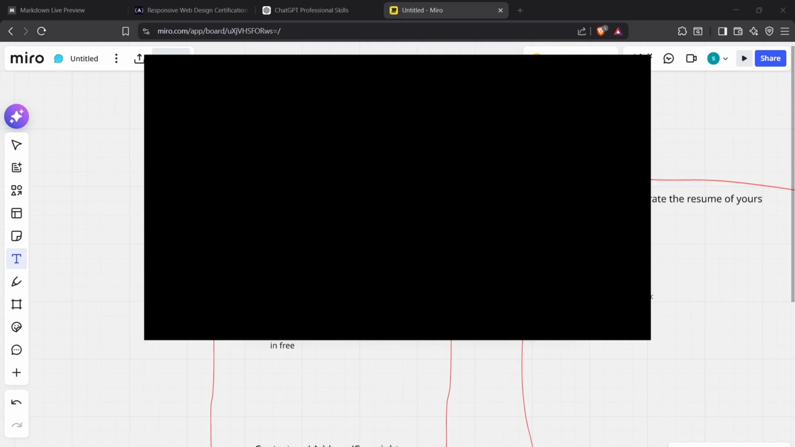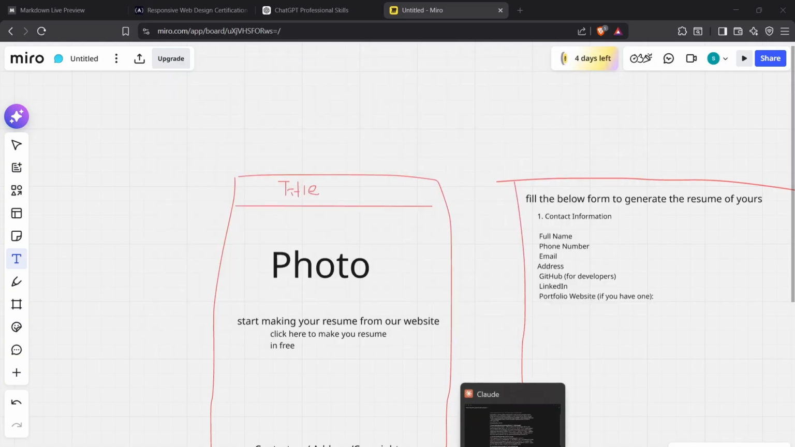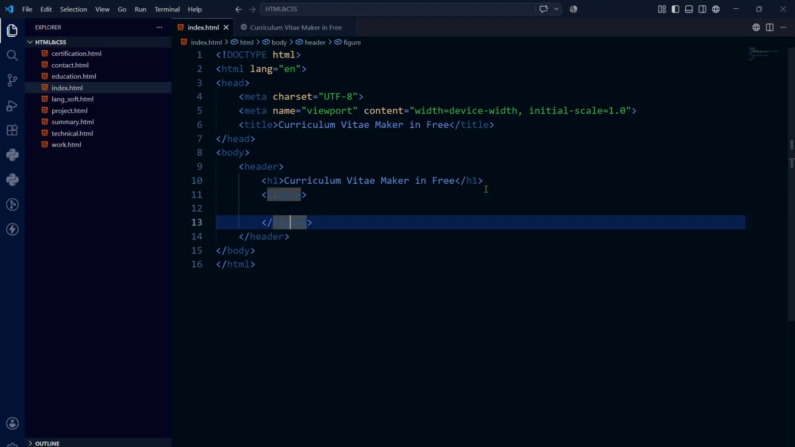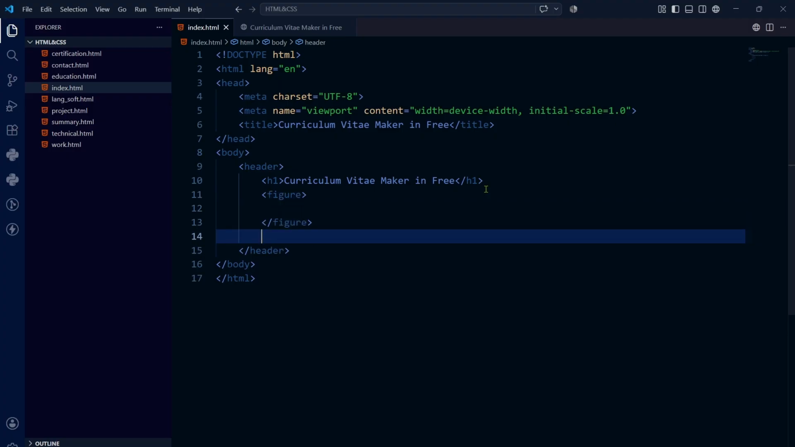Okay, here my notes open. Sorry, I'm imagining it. Okay, start making your resume from our website. Let's write figure here. It will be for figure. Let's close this. We don't need it right now, since the figure image is being processed. So after that we need